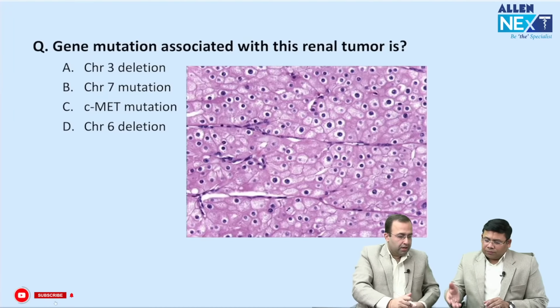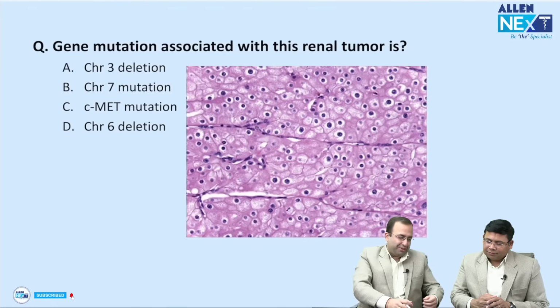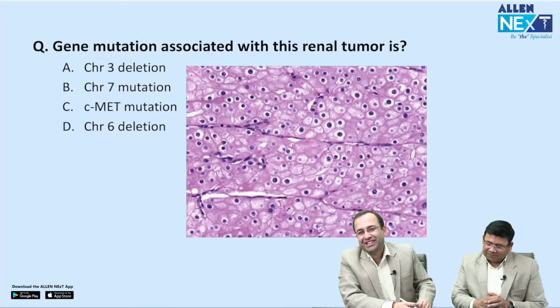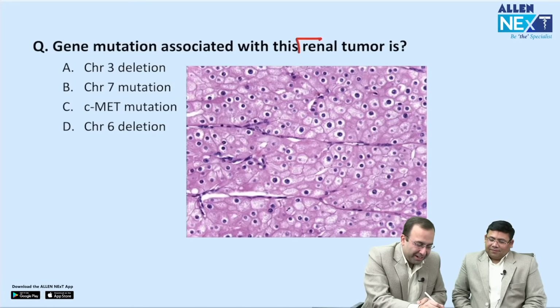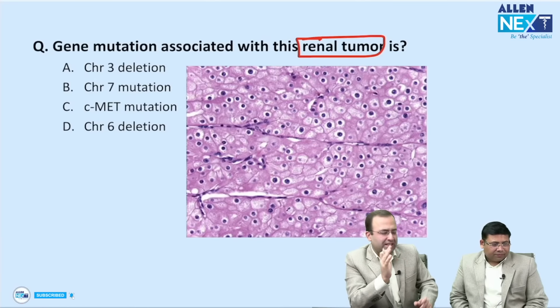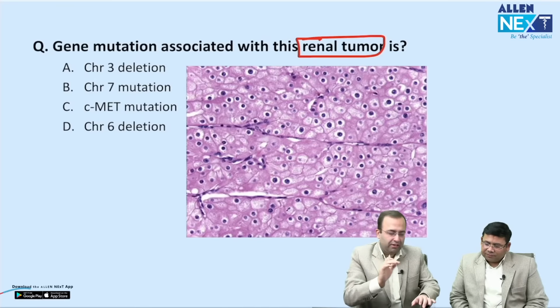Next. So I guess gene mutation associated is more of a pathology. I agree. So associated with this renal tumor, the examiner has already told you that it is a renal tumor. We see the presence of plant-like cells. See, I'm not getting into the fact that if nothing